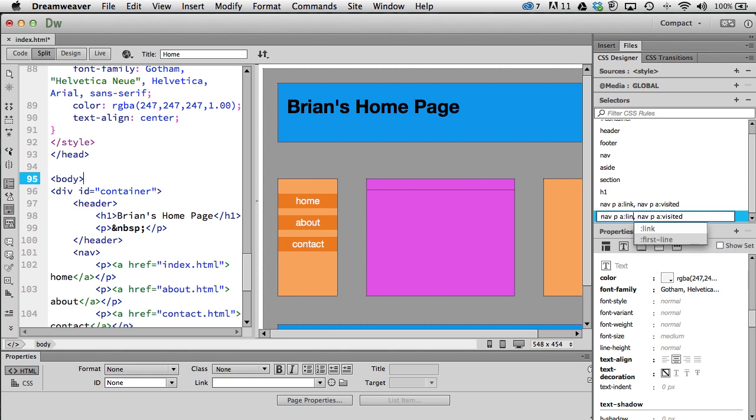Link is going to become active, or I can just click on it right there, and this one's going to be hover. Okay, so active and hover. Hover means you're rolling over it, and active means you're rolling over it and pressing the mouse